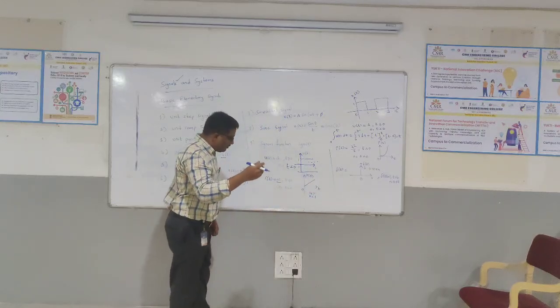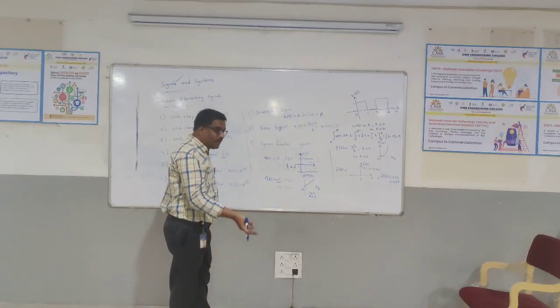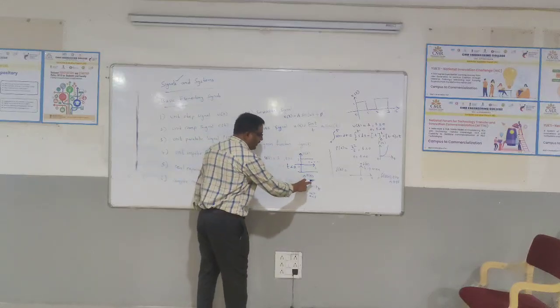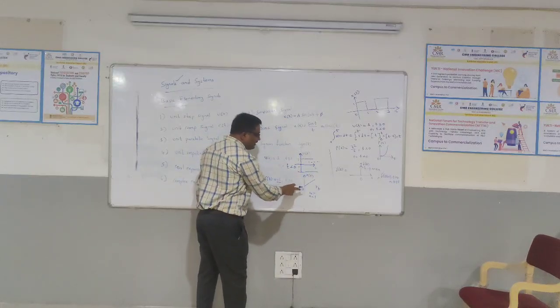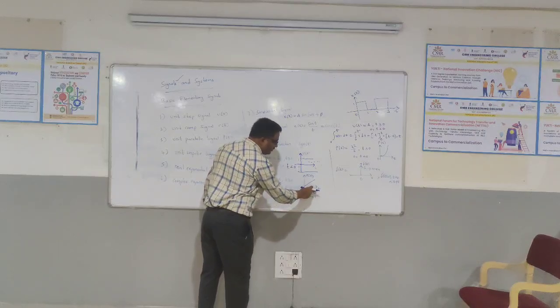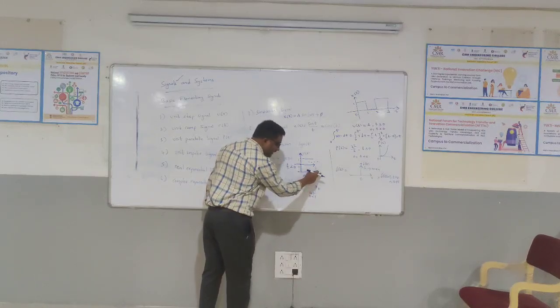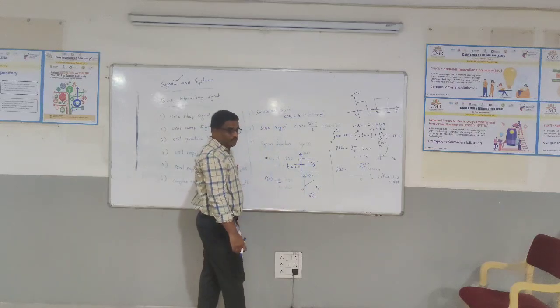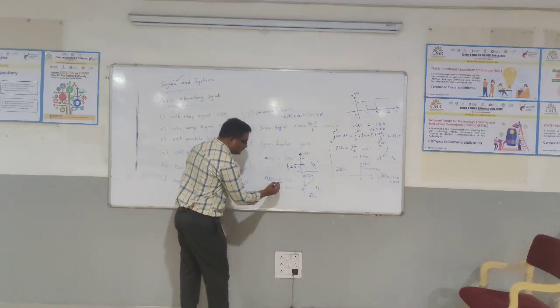So at whatever time, I get the same value of amplitude, then the signal looks like this. From 0 to t I have a signal like this. It is like a slope. So I am getting this result. So this signal is represented